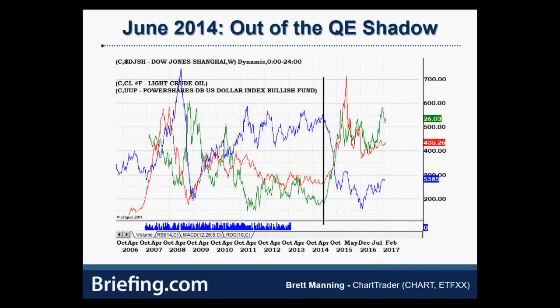And I think here's another interesting way to look at it. This is the same, the dollar in green, crude oil in blue, but the red line is the Shanghai Composite Index from China. And you can see the bubble that it went into. And of course, the Fed couldn't have known that that's necessarily what's going to happen. But when you think about it,